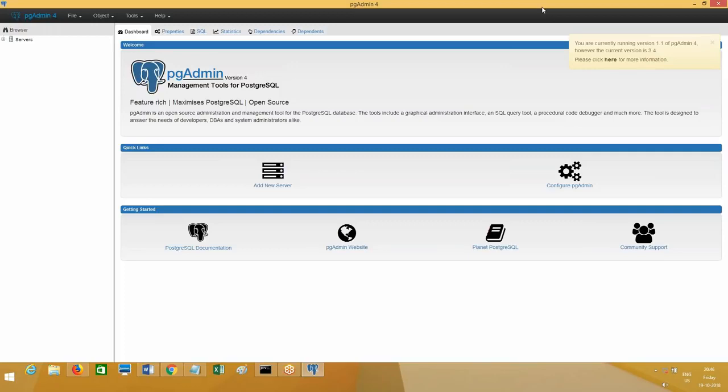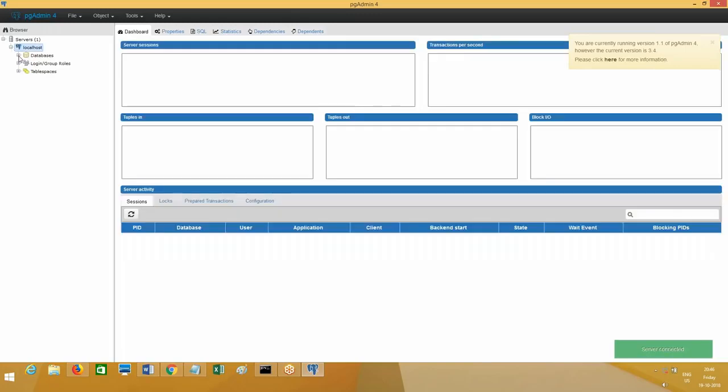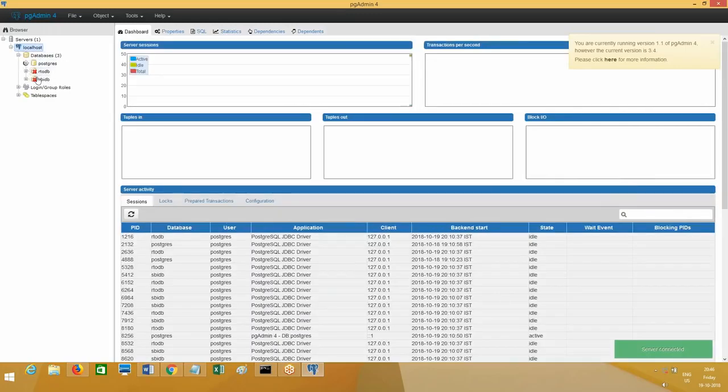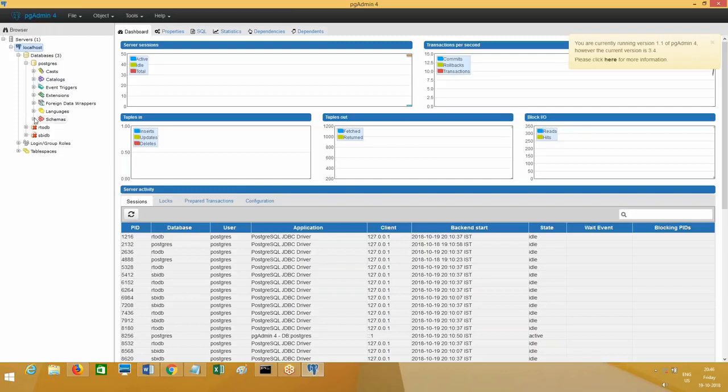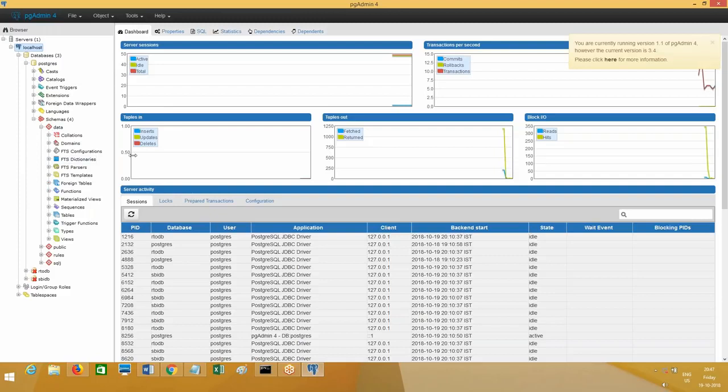Everyone clear with this? After you configure and everything is done, how to navigate through the tables is given in screenshots. Let me go. Databases, Postgres, schemas. For your information, I'm showing all this. As of now, it is not required. Take your time and implement it, because you have 2 days.